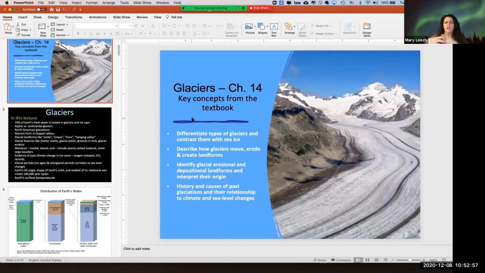Okay, so the chapter focuses on differentiating glaciers from sea ice and ice caps that are also glaciers. Remember, I mentioned that glaciers are permanent ice, so they don't melt during the summer and then get deposited after a new snowstorm. It's there year round and they flow. That's the other part of it. Under the immense pressure of the overlying ice, because these things are thick, they fill up these U-shaped valleys and they're erosive. They scrape away rock and everything else.